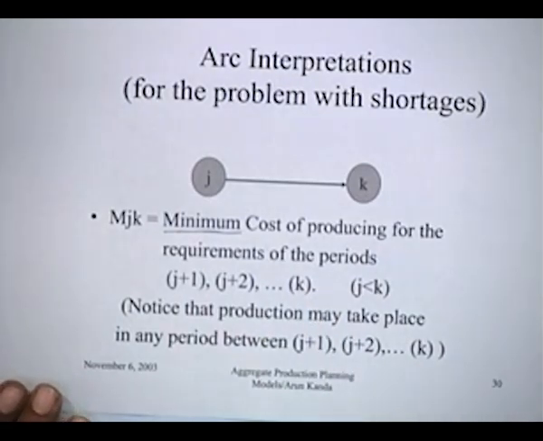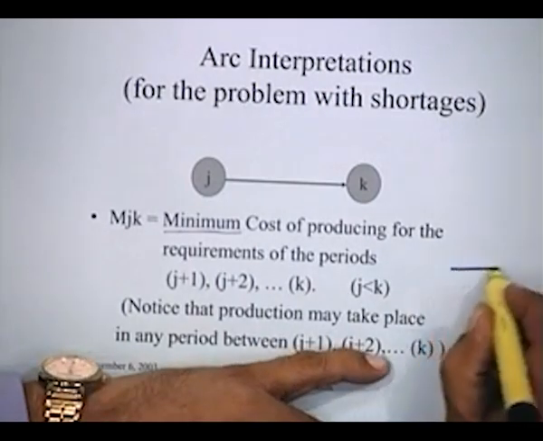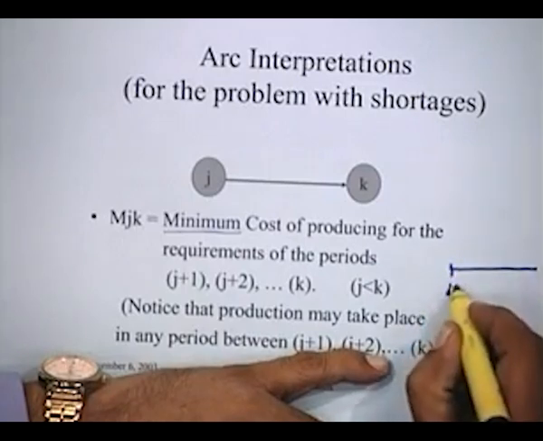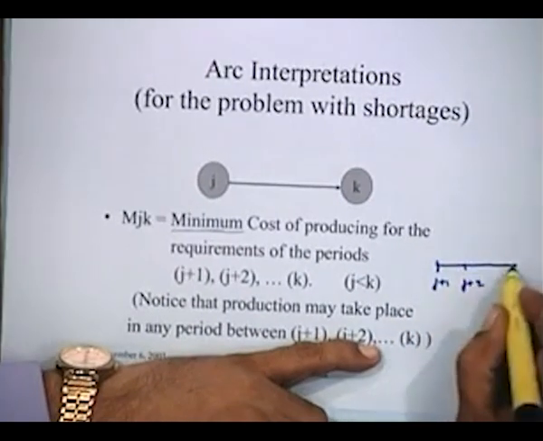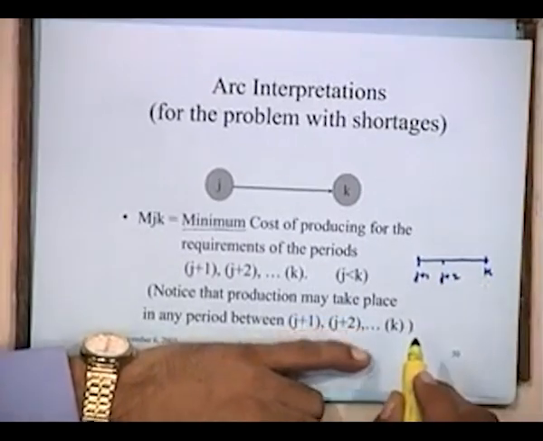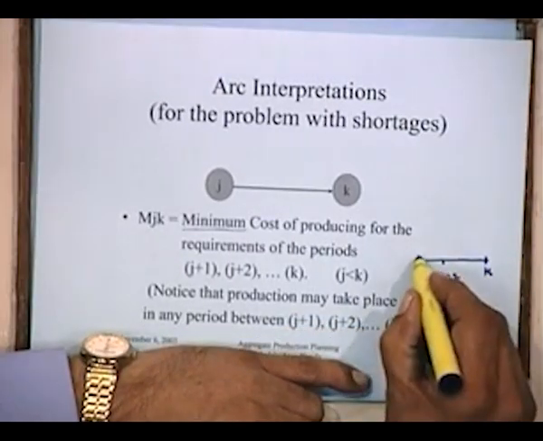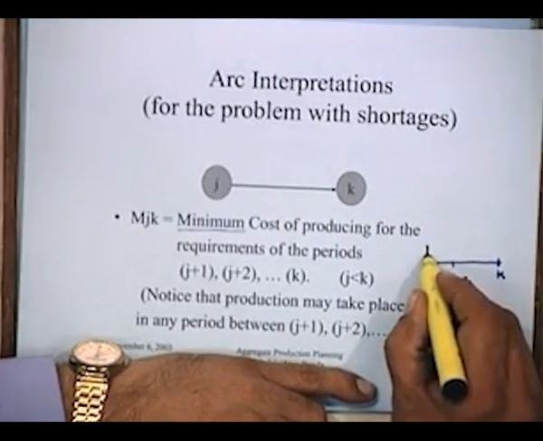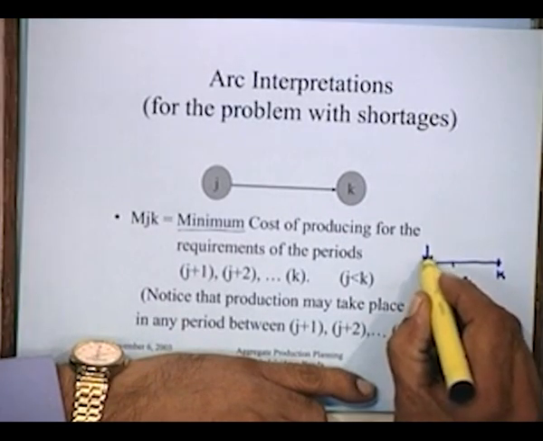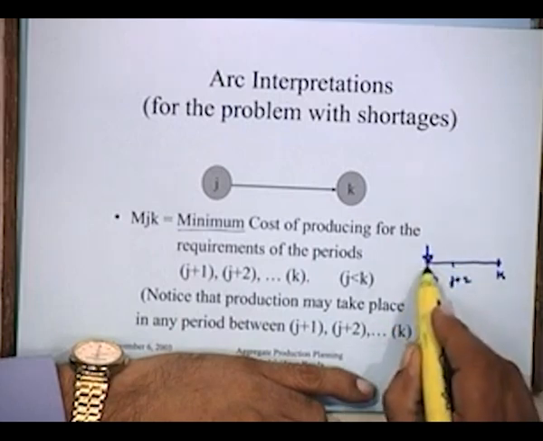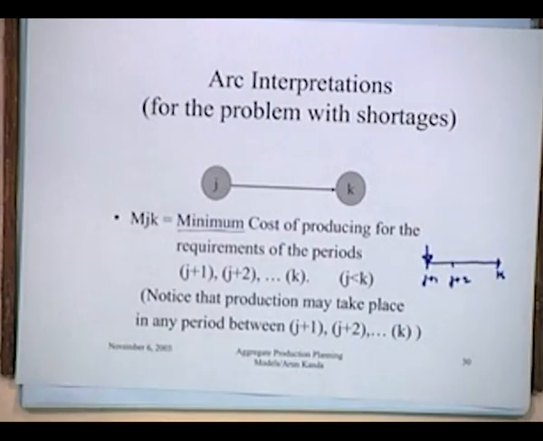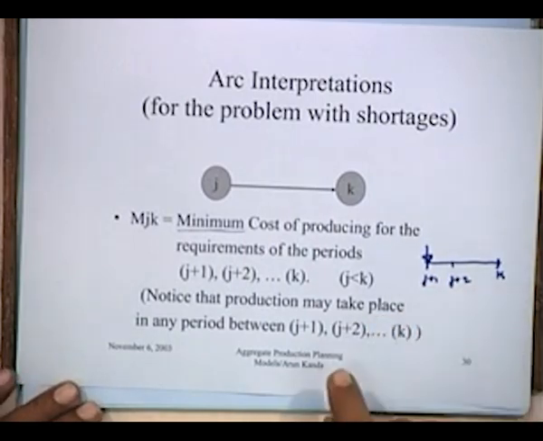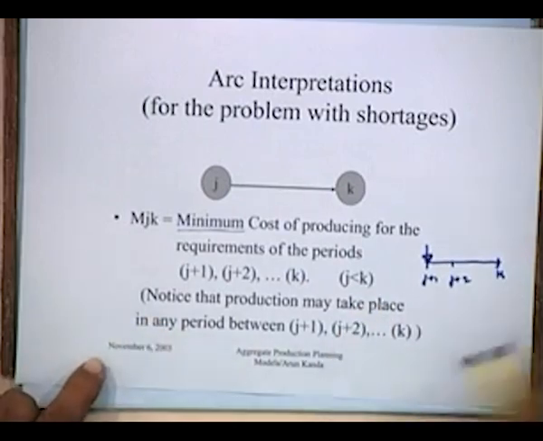You see, what this means is something very interesting. We have said that earlier, if you have period J plus 1, J plus 2 and so on up to K, in the no shortage case we had assumed that production will take place only in this period. This is the only time when production will take place, and this production will satisfy the demand of the entire planning horizon. Isn't that so? Because we were not allowing any shortages. What's going to happen now is, notice that production may take place in any period between J plus 1, J plus 2 and K,